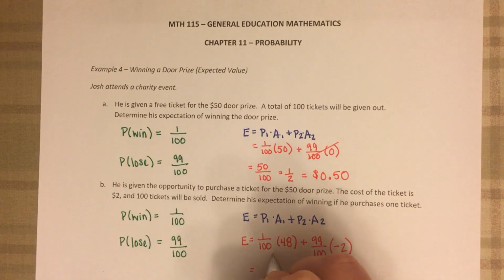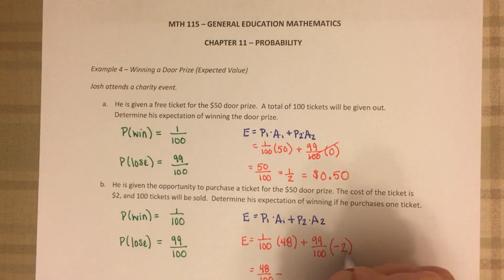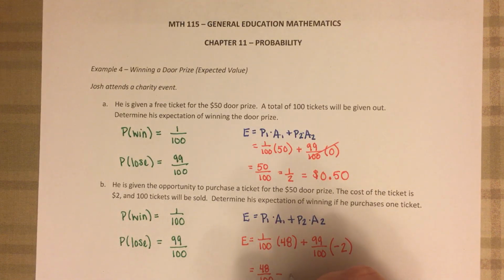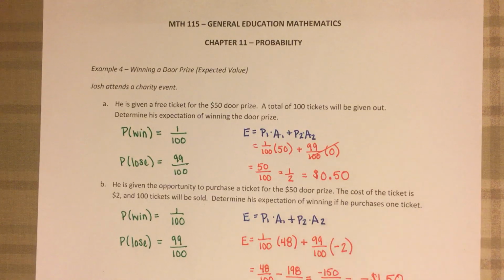So 1 over 100 times 48 gives us 48 over 100. Our next number is going to be negative. 99 times 2 gives us 198. Which then if we subtract, we get negative 150 over 100, which then we turn into a decimal for a dollar amount, and his expected value is negative